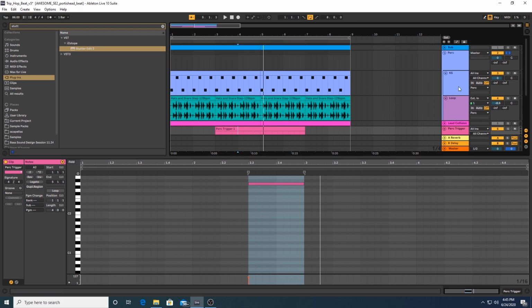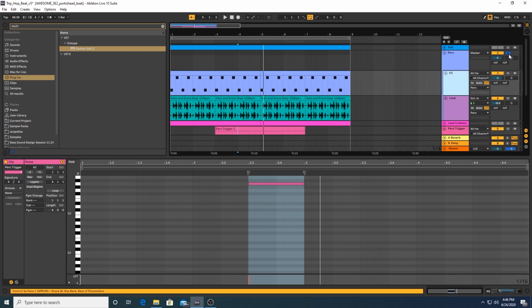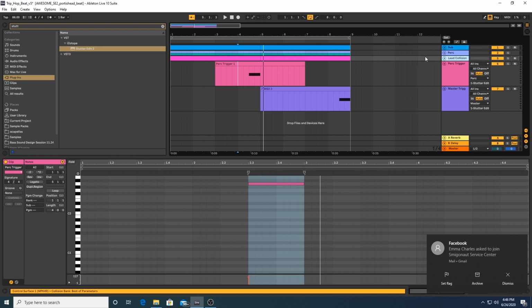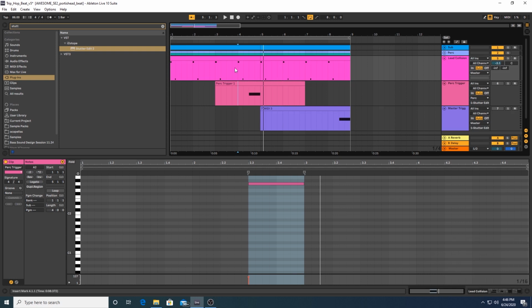And in addition, something that's new that I really, really love about Stutter Edit 2, whereas with Stutter Edit 1, you were able to trigger it with MIDI, as I've just demonstrated. But in Stutter Edit 2, you can use it also as kind of a more standard audio effect, thanks to a new mode called Auto Mode. I have a few instances of Auto Mode in this project, and I'll show you